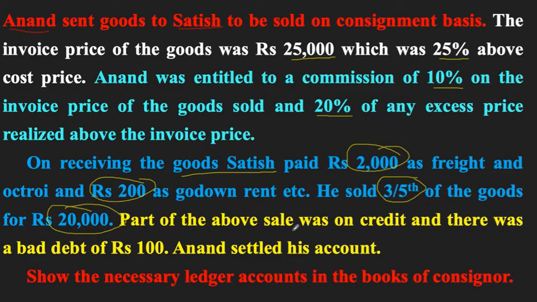Part of the above sale was on credit and there was a bad debt of 100 rupees. So along with this, the other expenditure for Satish was in the form of bad debt, and that amount is 100 rupees. So Anand settled his account, and what we have to do is show the necessary ledger accounts in the books of consignor. So we have to show different ledger accounts in the books of consignor, and the consignor here is Anand,